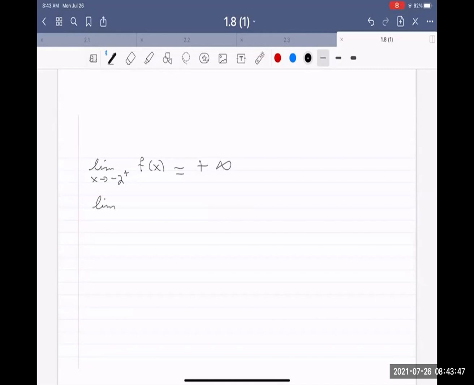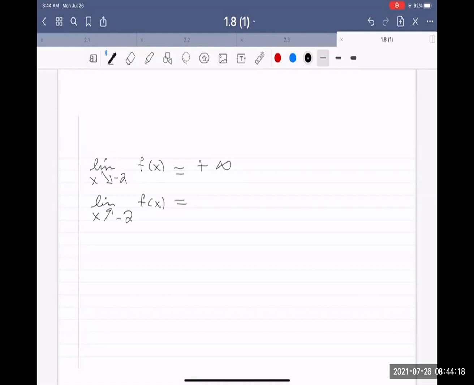Similarly, we have the limit as x approaches -2. Actually, maybe I'll use this other equation. Limit as x approaches -2 from the right is positive infinity. Limit as x approaches -2